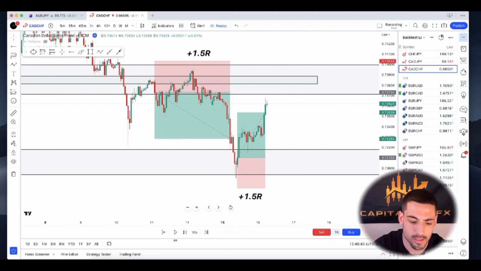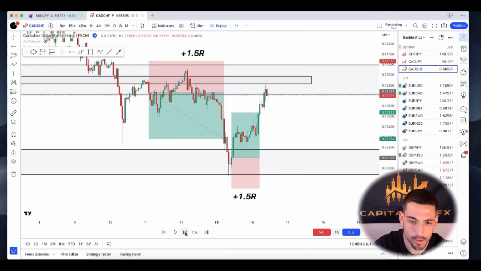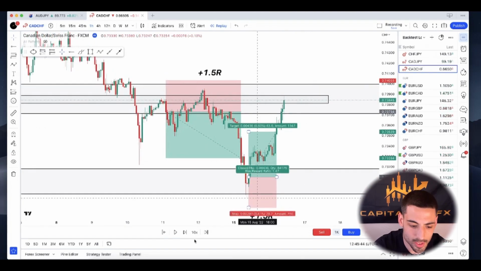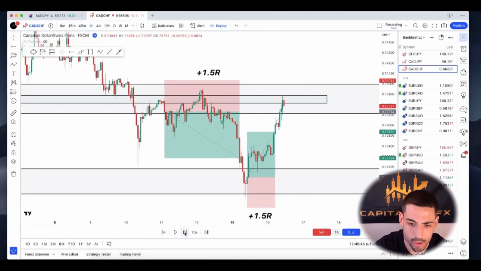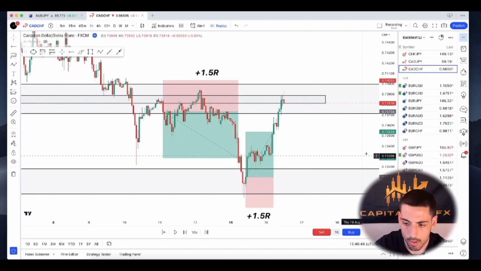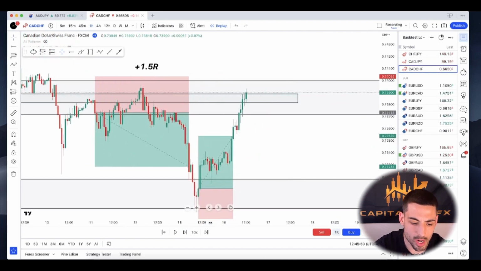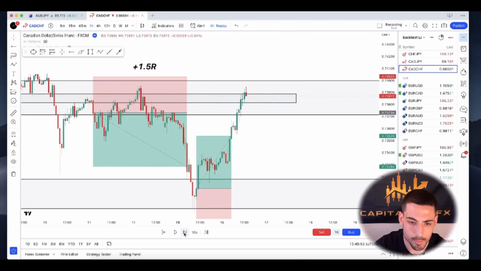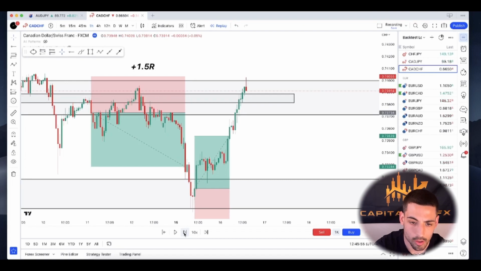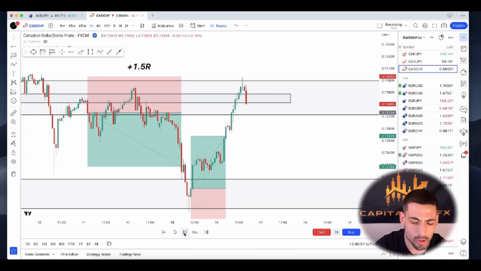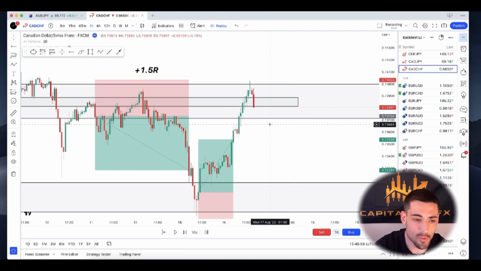Let's see if price comes back into this significant horizontal level. We did. We came back into this horizontal level. Let's see if we start to form some more bearish price action. And again, bearish price action is characterized as top heavy wicks, position the real body near the bottom of the candle. We can see we're starting to violate, push really deep into the zone,